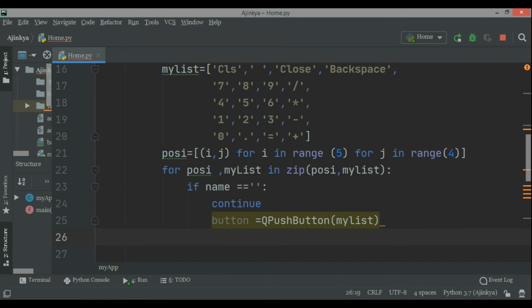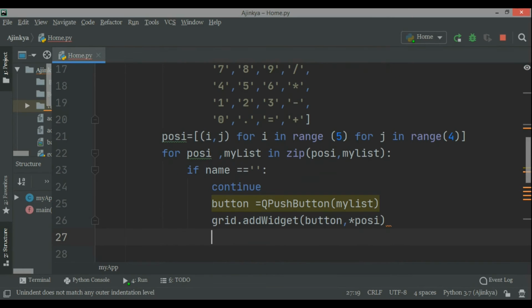I will simply proceed in the loop, and now the main important thing here is I just write the grid object and the grid dot add. Now this is where the buttons will be added. So grid dot addWidget, and I'll pass button to it, and the button already has some text on it, and this is button comma then the position array's value, which will be displayed there,